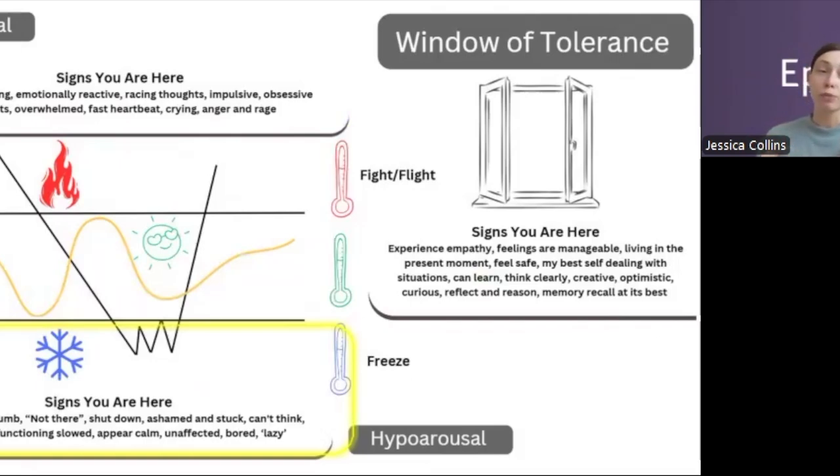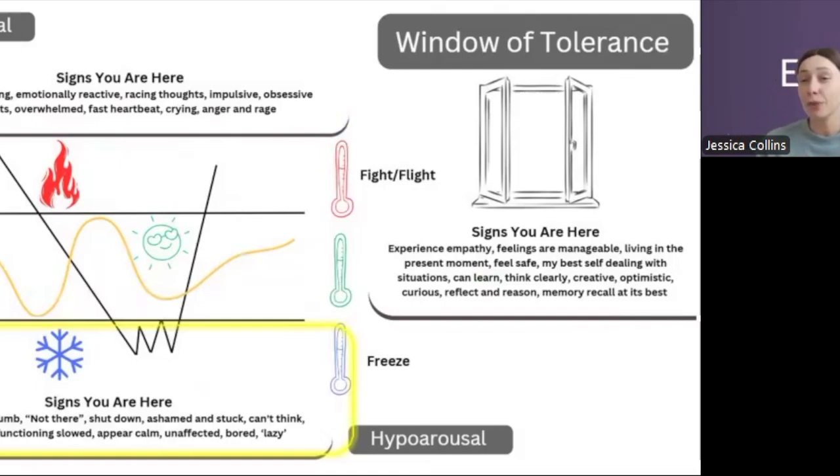People's responses might be delayed, so it feels like it's taken them a long time to respond to you, or the amount of response that you get is really minimal, so quite minimal speech or speech that doesn't feel like it's truly responding to the question that you've asked. You might notice people having difficulty remembering previous conversations because their brain isn't online in the way that it might usually be, their cortex isn't online, or that they're struggling to process the conversation. So you feel like they're struggling to keep up or remain on track with the discussion.